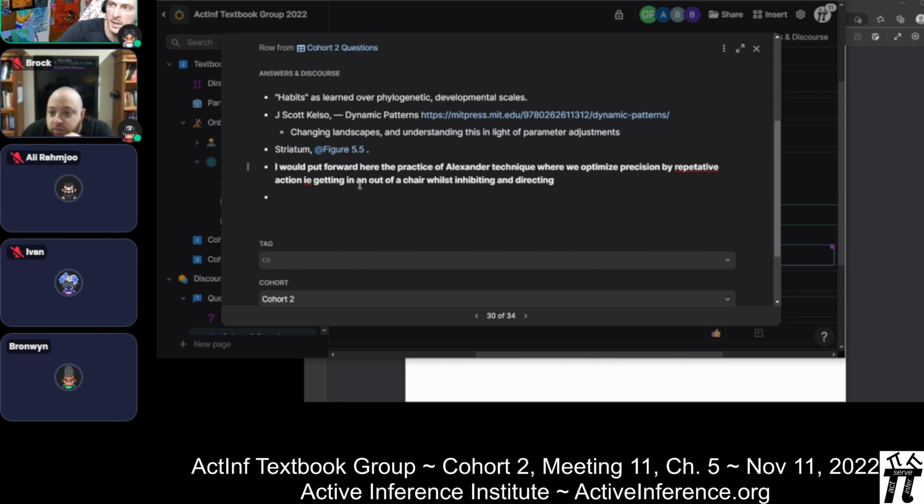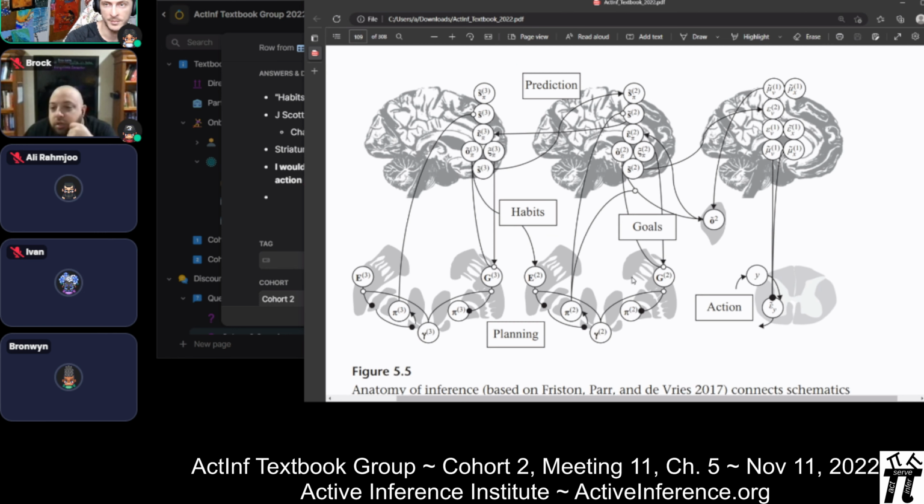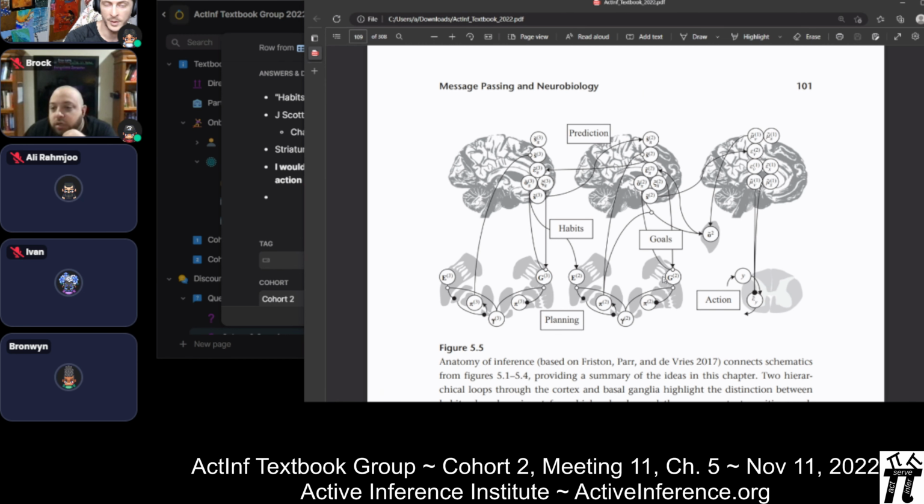I would put forward here the practice of Alexander technique, where we optimize precision by repetitive action, i.e. getting in and out of a chair whilst inhibiting and directing. Yeah, it'd be interesting to see this with